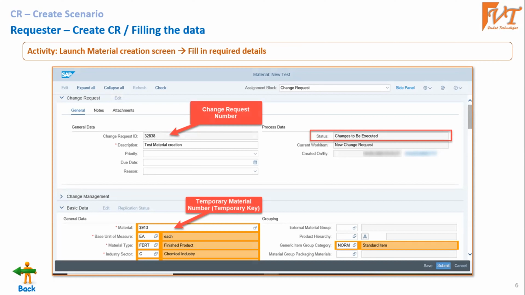Let's say whoever is creating the master data creates it according to their knowledge. Now it can be correct, or it can have errors. So in MDG we are implementing a governance flow. The requester, whoever is creating the data, enters all the data and submits it. Then it goes to the next level of approval, let's say a manager.